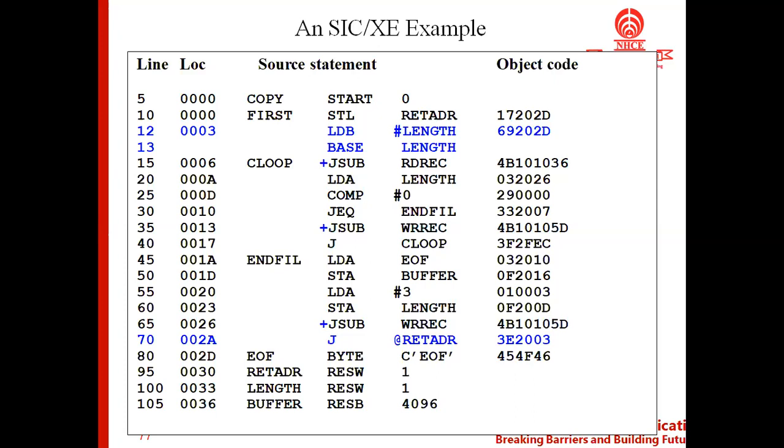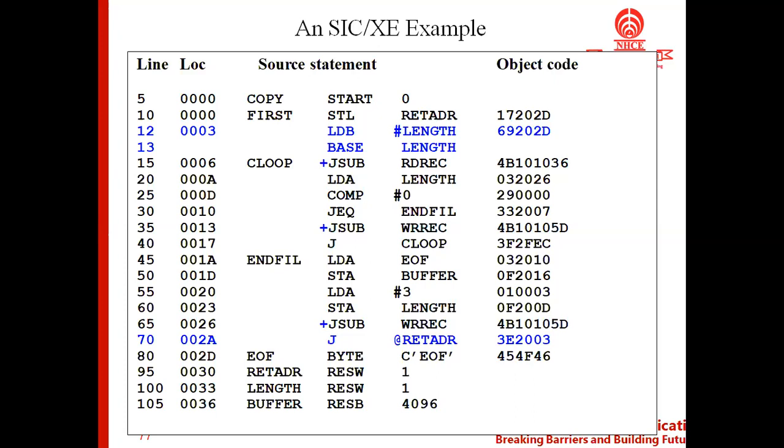It is basically used to read a number of bytes from the input device, and it is stored in the buffer, for which we allocate memory space, and from the buffer the bytes, that is data, will be written to the output device.